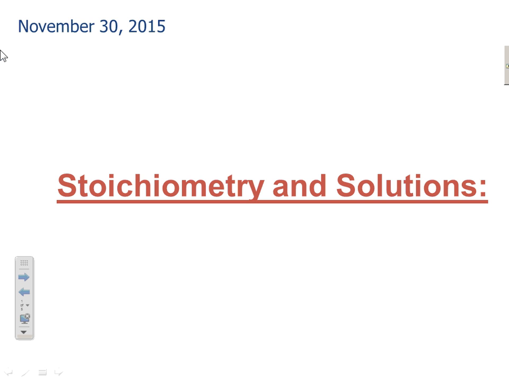We've already seen stoichiometry, right? Remember, stoichiometry is when we do calculations on chemical reactions. And so the first thing we need is that balanced chemical equation, right? And that allows us to get what is called the mole ratio. Now, the difference between the questions we're going to do today and what we've done in the past is that